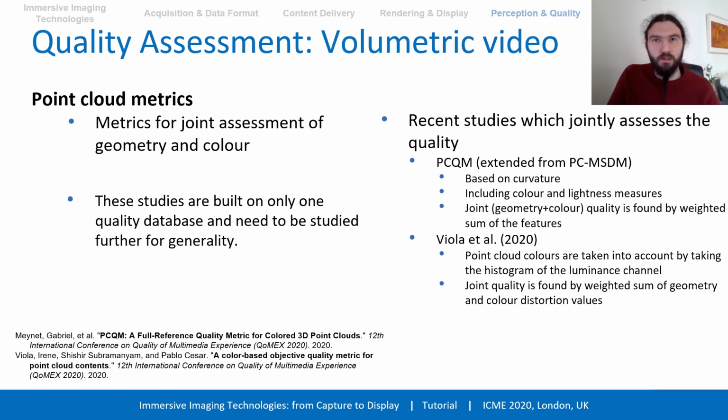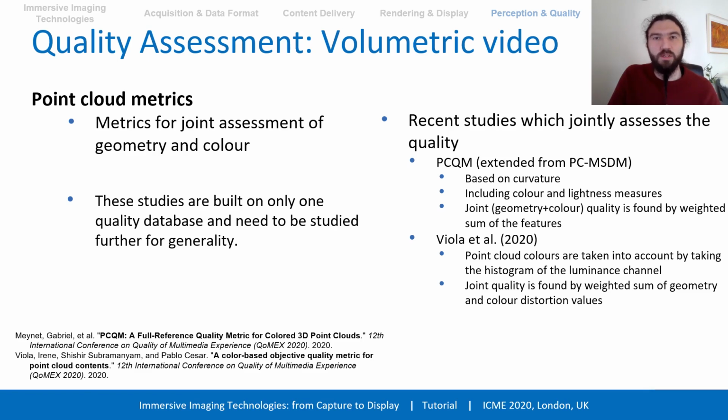Color has been taken into account by taking the histogram of the luminance values of the points over the whole point cloud. So it is slightly different, because PCQM only considers color values per point, but Viola et al. consider color points in a histogram over the whole point cloud. Then the joint quality is found by weighted sum of geometry and color distortion values. These studies are promising for early works, but they are built on only one quality database and need to be